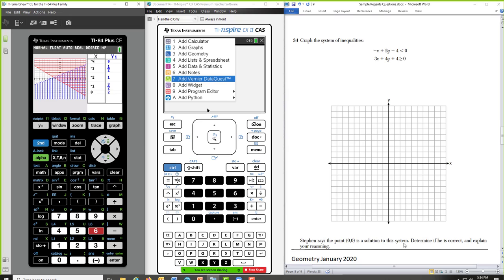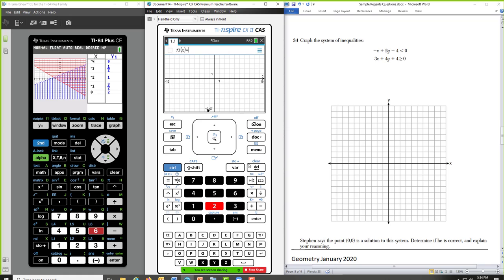And it asked, is 0, 0 a good test point based on your reasoning? Is it in the solution set? There you have it. The Nspire users, you know that when you delete the equal sign, there's your inequalities. You can just do it that way. Or with the Nspire relation, if you can't get it solved for y, you don't need to.